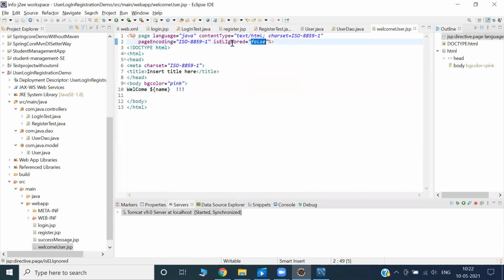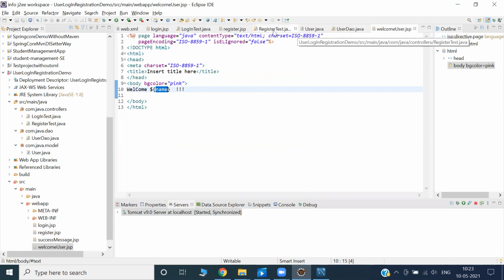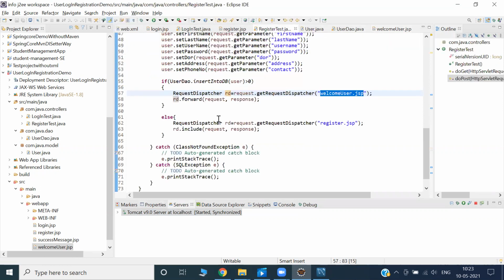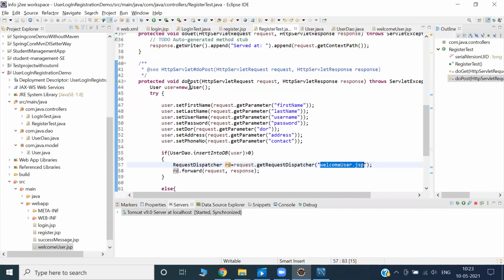Welcome, dollar name. Is there something called name? From where is it coming? It is coming from register, right? Yes, register. Is there a name?